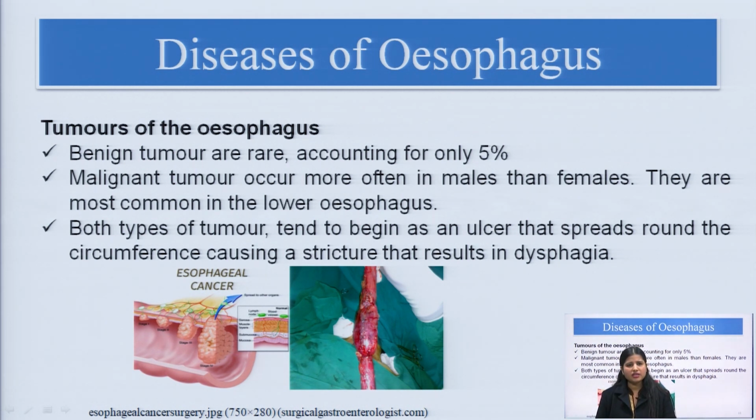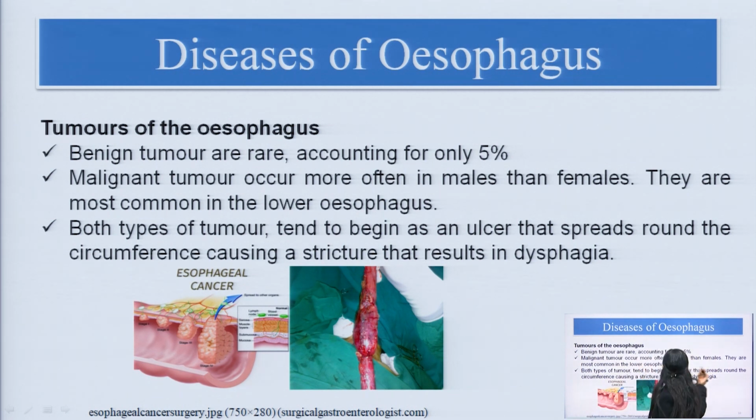Benign is a local tumor, meaning it will stay in the area where it is. A malignant tumor is a spreadable form of tumor, meaning it will move from one part to another part. So, this is a very serious condition. Now, if we look at the data for the stomach, esophagus or mouth, malignant tumors are more common in males, and this is due to habits like smoking or alcoholism. This is why it is causing more cancers in males.